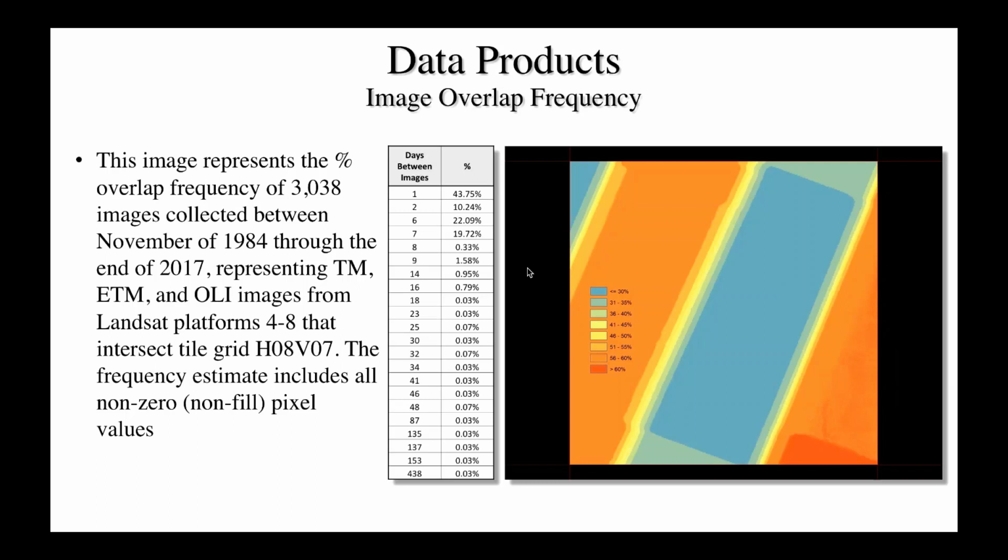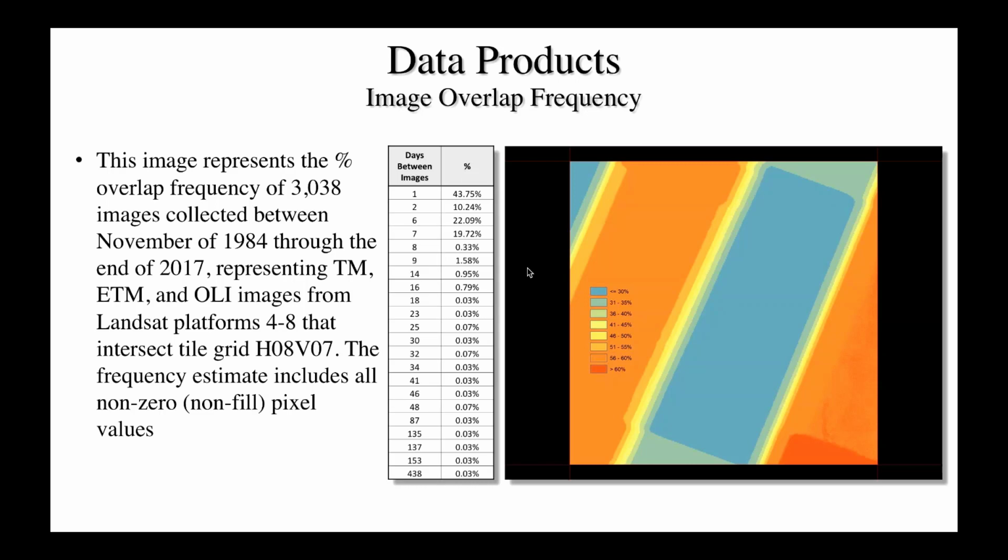So I wrote a small script that looked through all 3,000 individual frames and counted up all the pixels that were non-fill pixels, so they're actual data pixels. And this is the distribution. The colder, the bluer it is, the less overlap. And the redder it is, the most overlap. So you can kind of see that